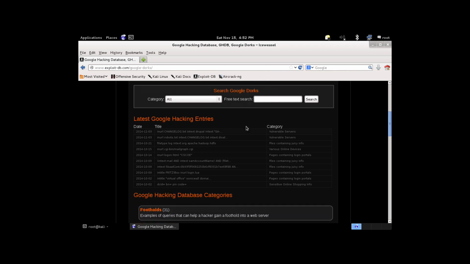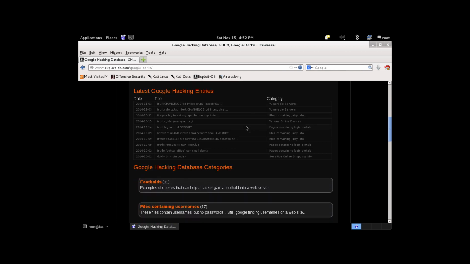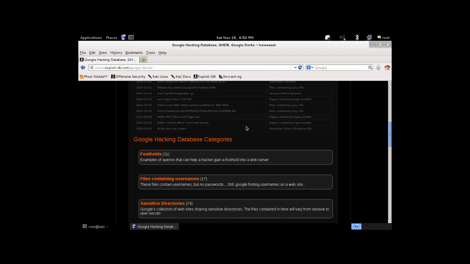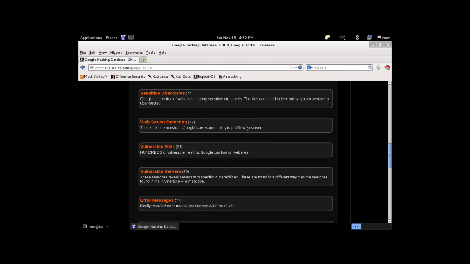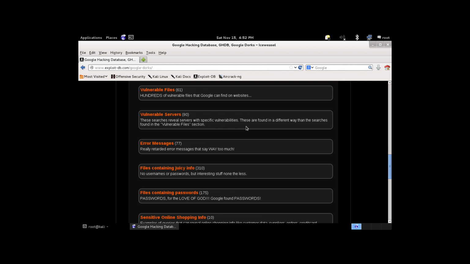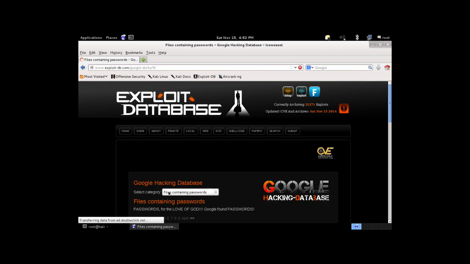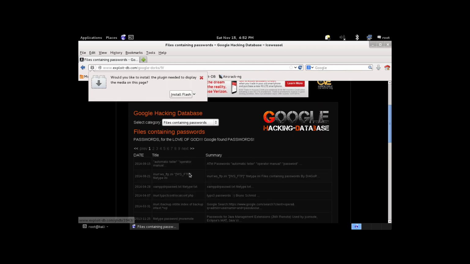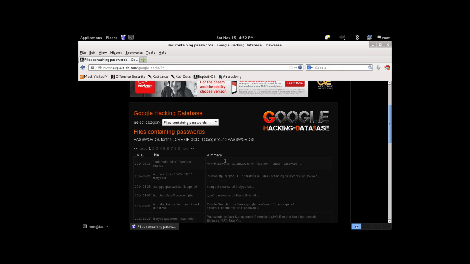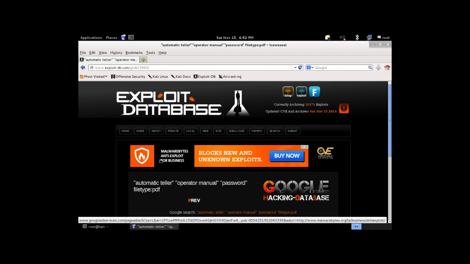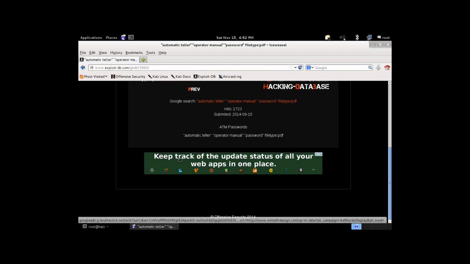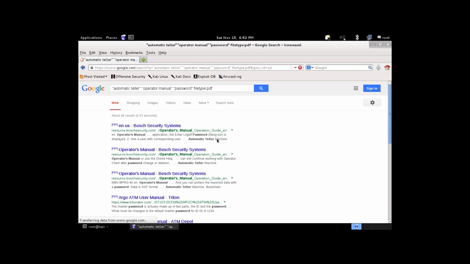So you can do specific searches, or what I like about this is it has categories here, like, who doesn't like passwords. So let's see, files containing passwords. I always think is a good example. ATM passwords. So here's the actual search, so we can have that search run. And it'll look for,